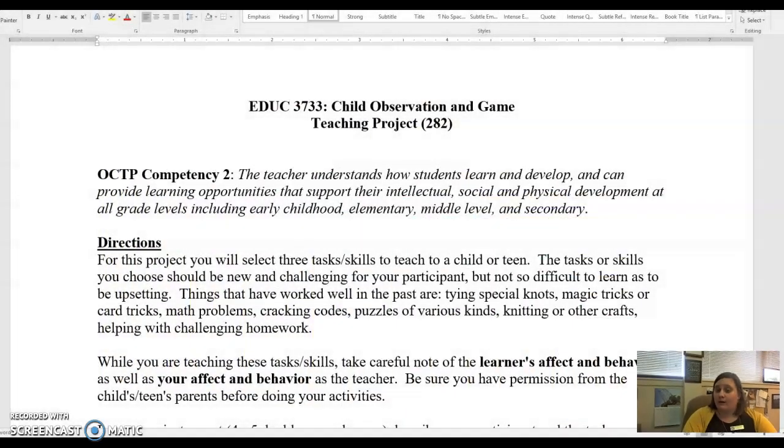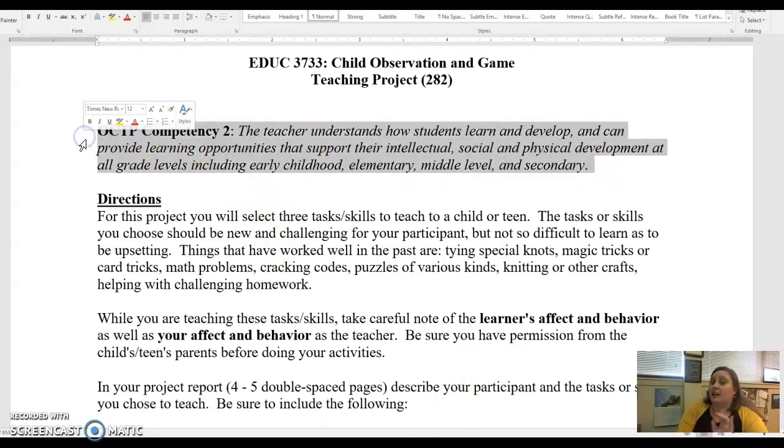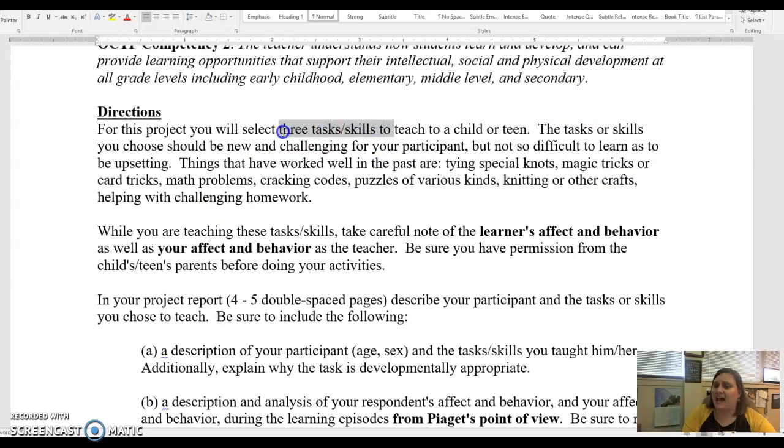So I am going to minimize myself, and here on the screen you should see the assignment that you have access to in Blackboard. So the first thing that you see is the competency that you're meeting. So this is what you're proving that you're able to do by completing this assignment. You're going to choose 3 tasks or skills, and you're going to teach those skills to a child or teen. So you're going to need to find a kid somewhere, hopefully one that you know, and teach them 3 tasks